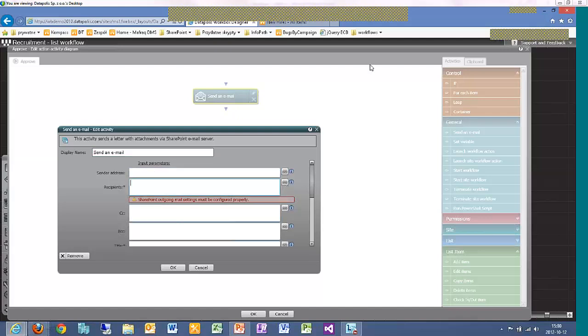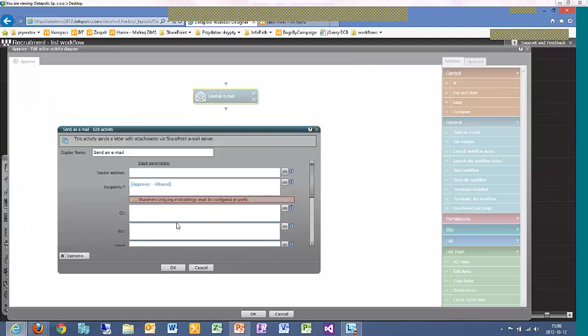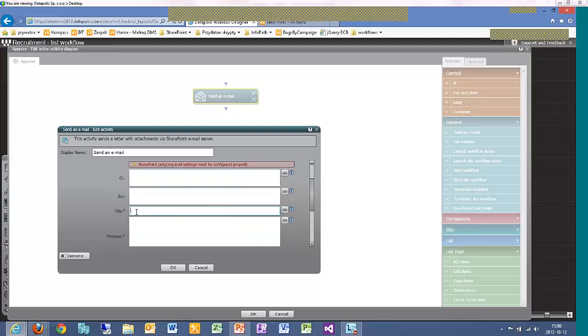For example, we want to send it to the approver. So we will go here, and from the workflow data, we have our workflow roles, approver, and to all allowed users from the approver role, we will send that email. Okay, so title: new recruitment request. Hello, user,